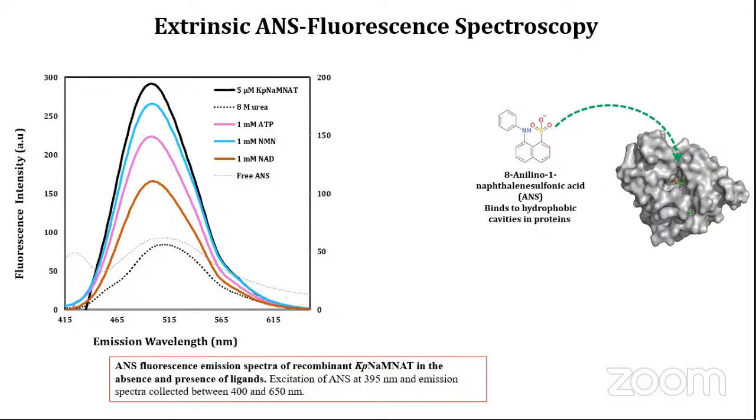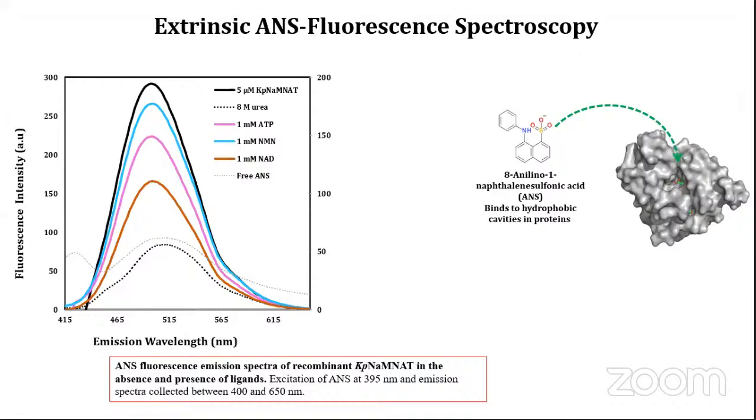In a situation where the protein is not bound to a hydrophobic pocket, there's a decrease in fluorescence intensity. So from the results we have, we can see that there was binding between ANS and the protein. The black spectrum shows the native KP-NAMNAT protein, and in the presence of NMN, there was slight displacement of ANS, shown by the decrease in fluorescence intensity. Also in the presence of ATP and NAD, we see a decrease in fluorescence intensity of ANS, suggesting that the binding of those ligands displaced